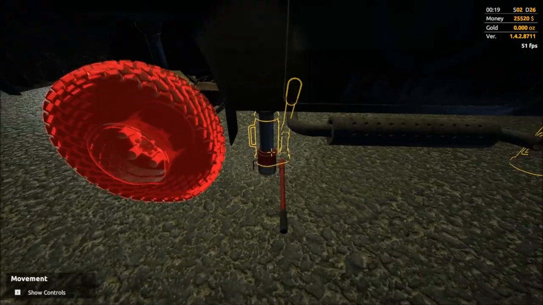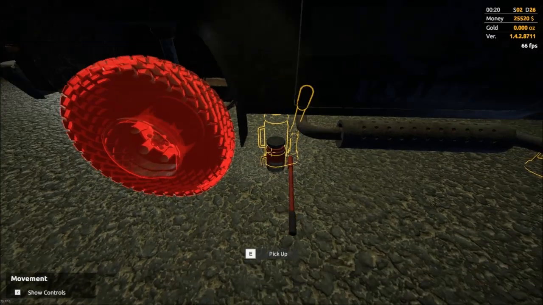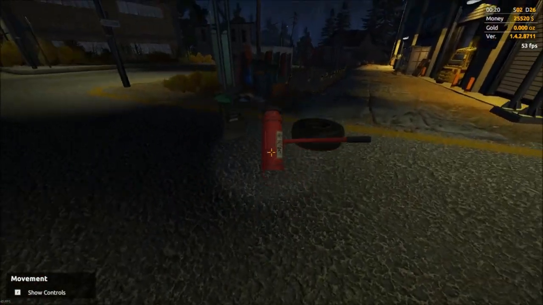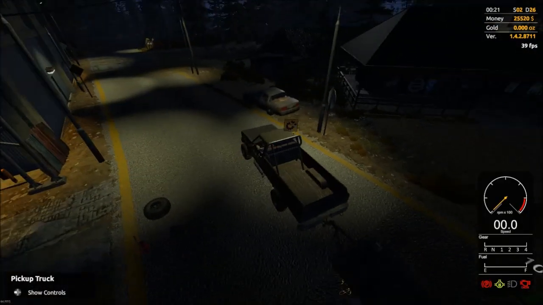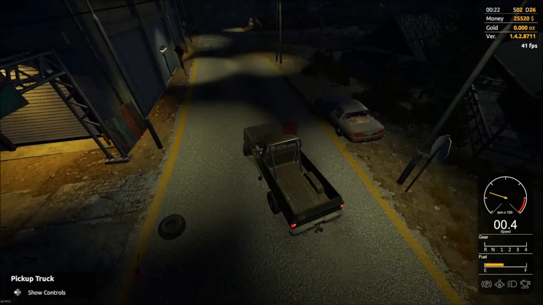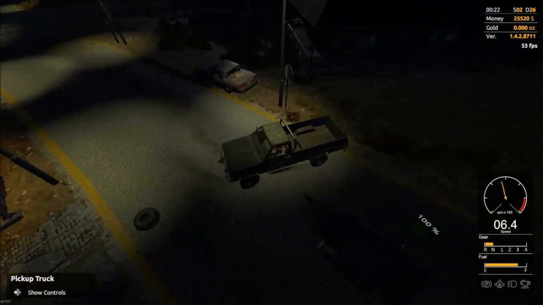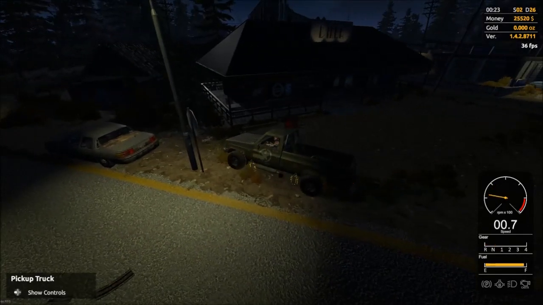Is that gonna work? See, that's not jacked up high enough, so I have problems. I'm gonna have to move the truck now to be able to do this. Oh, why must you do this to me? Okay, it's like it doesn't like the pavement. That's what I'm finding. So if I just pull over here, even though it's not level or anything,